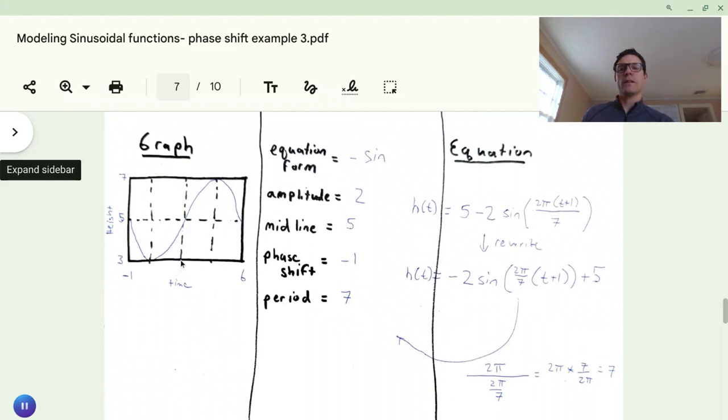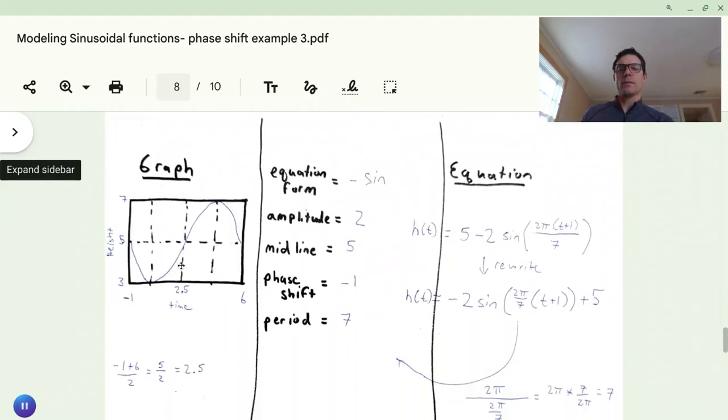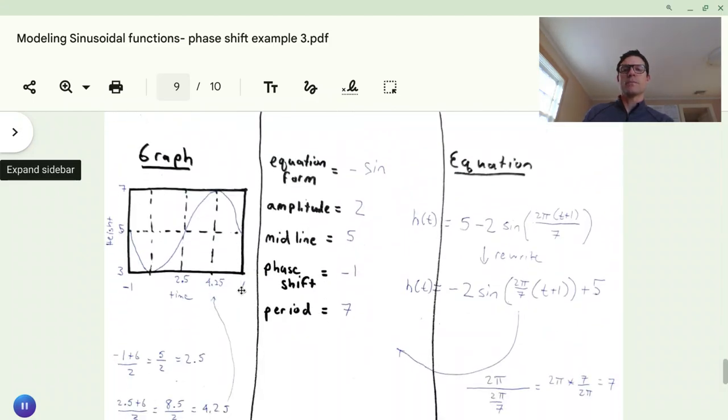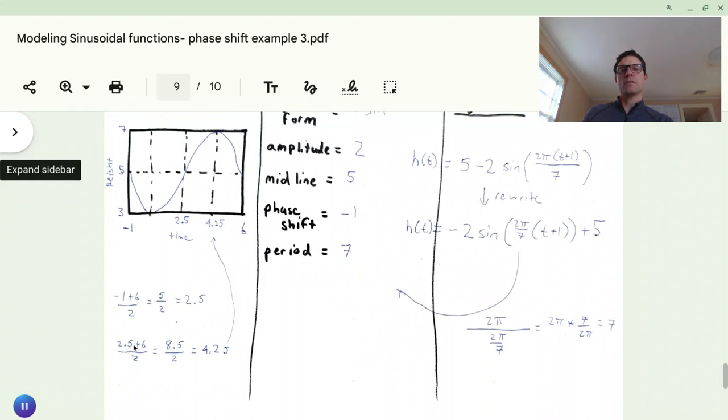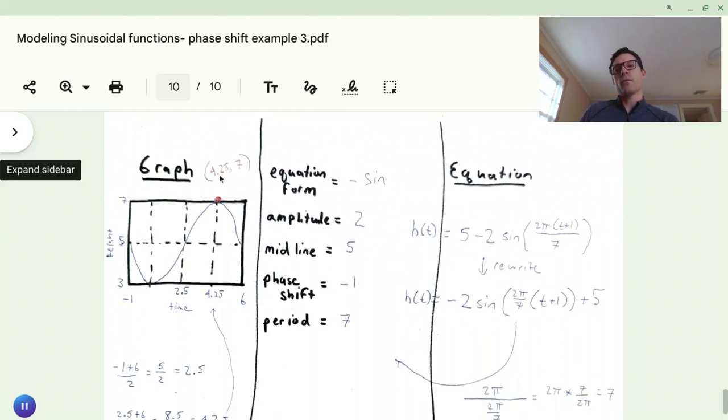And now ultimately my goal is to figure out this right here, but I'm going to figure out this one first. It's just halfway between. So all I did was take the first and the last t values on my graph, and I just averaged them to get 2.5. Now to get this value, I just want to average these two. And I get 4.25, because 2.5 plus 6 divided by 2 is 8.5 divided by 2, which gives me 4.25. Okay? And then we know that at 4.25 seconds, we achieve a height of 7,